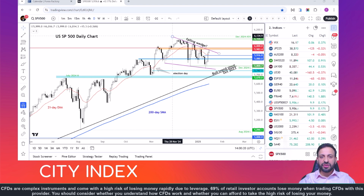The S&P 500 chart here shows a falling wedge pattern, which is a bullish continuation pattern. The idea is that once the resistance trend of the wedge breaks, the market continues in the prevailing trend, which has been bullish obviously. Still, following a sharp rally, we could see some profit taking, especially as bond yields remain elevated, bouncing back slightly